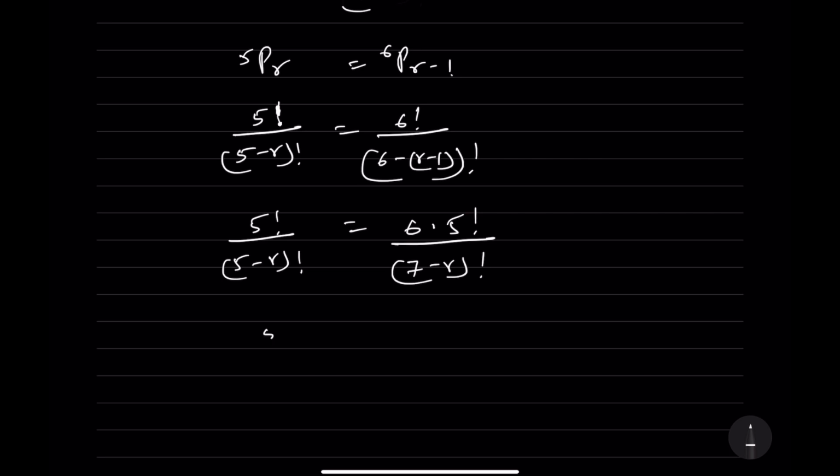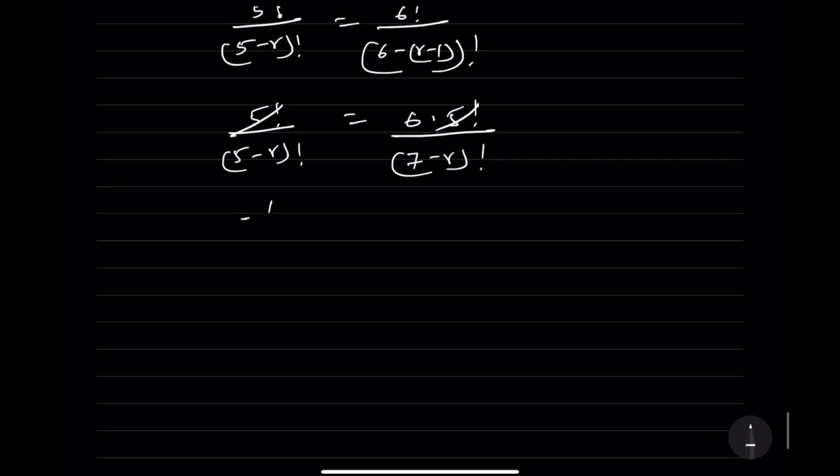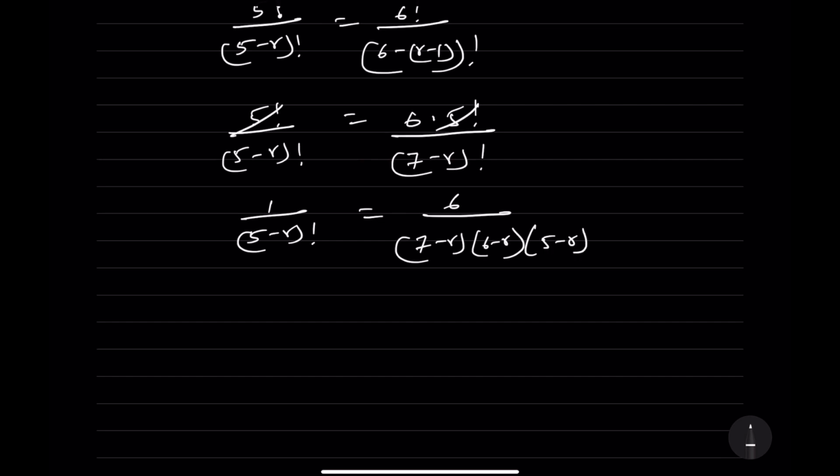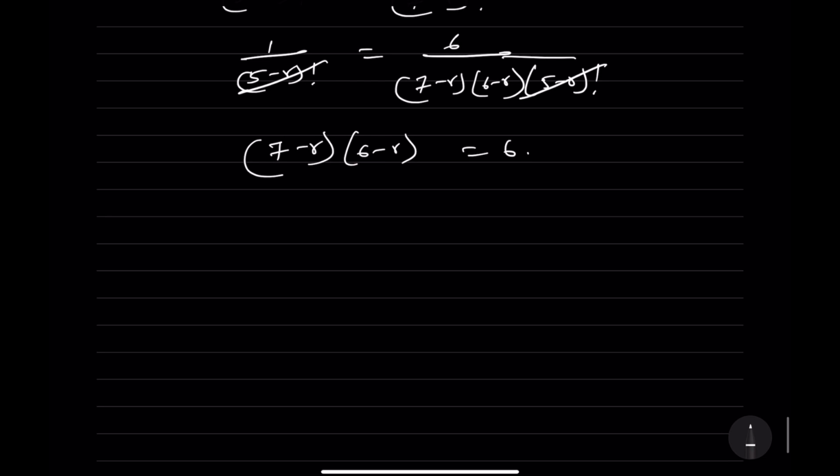So now here you can write this as, you can cancel out this. So 1 by (5 minus r) factorial is equal to 6 divided by (7 minus r) into (6 minus r) into (5 minus r) factorial. So this and this will get cancelled. So it is (7 minus r) into (6 minus r) is equal to 6. So therefore this is equal to 42